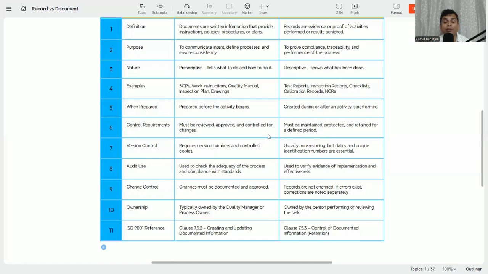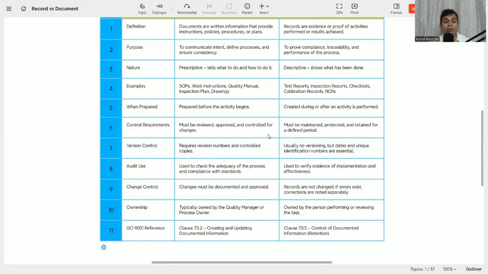Say, for example, you have submitted the method statement, and after reviewing, the consultant has given some points. Now you need to resubmit the method statement, so it becomes revision one. So there can be revision 1, 2, and so on, but for the record there is only one version, and the date and time are to be mentioned.